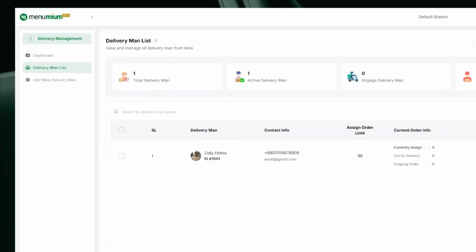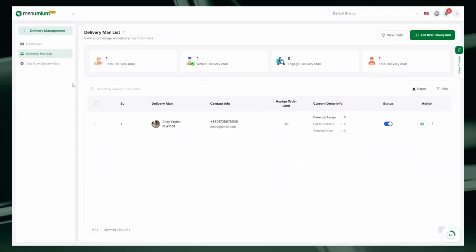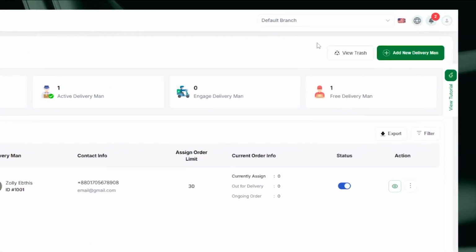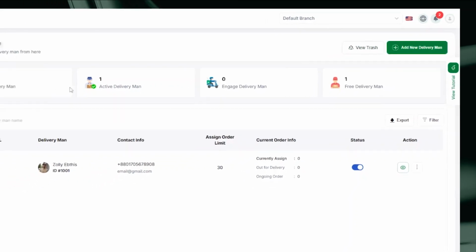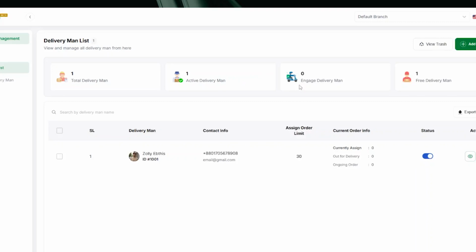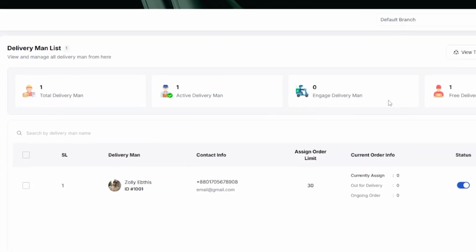When you open the delivery man list, you'll see every delivery man you've added. On the top right, there are two handy buttons, one for trash and another to add a new delivery man. Right after that, you'll notice an analytics section that highlights the total delivery men, how many are active, engaged, and free. There's also a search bar to quickly look up delivery men by name, and at the bottom, you'll find